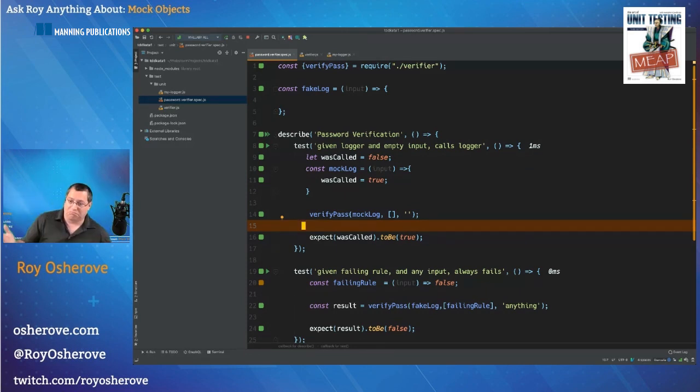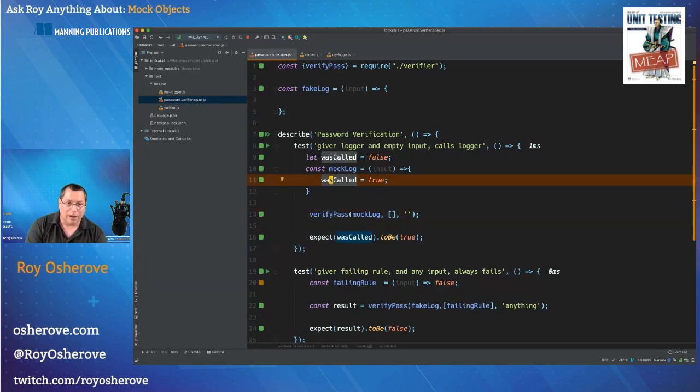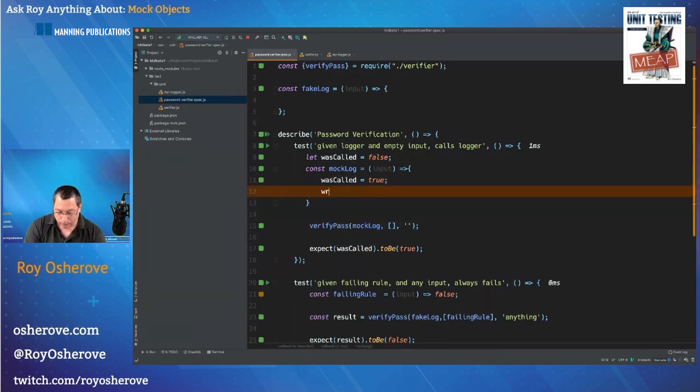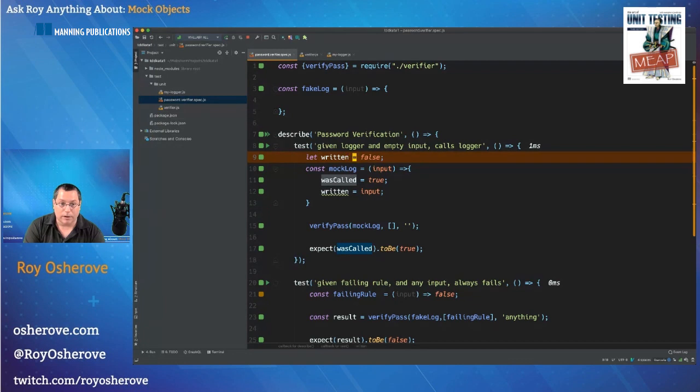So far, so good. I guess that makes a lot of sense. But if I were truly using it, I could verify the text as well. Of course, I could definitely just do written equals text input. But remember that my input is supposed to be empty. Oh, no, it's not supposed to be input. And in that case, I could say let written equals an empty string.